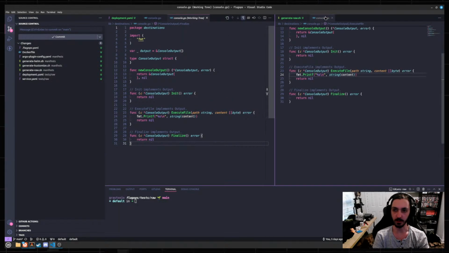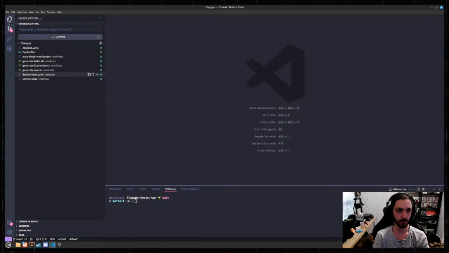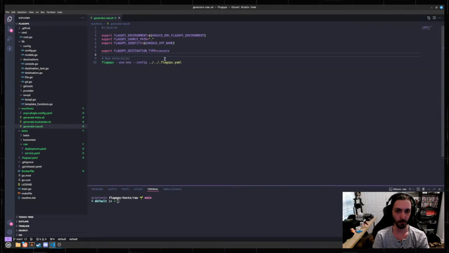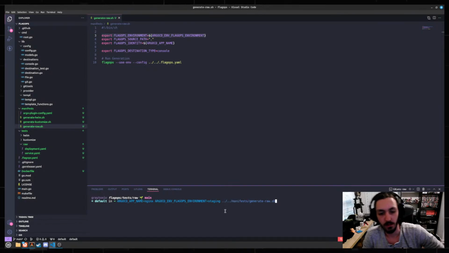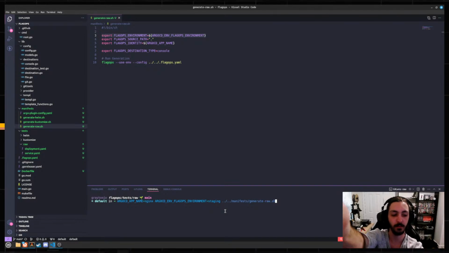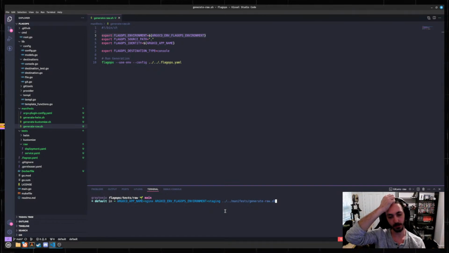Once that builds, I'll install it and then we'll test that again. But I think that's pretty much got it. So it'll pull the environment out. So if you set the flag ops environment to staging,